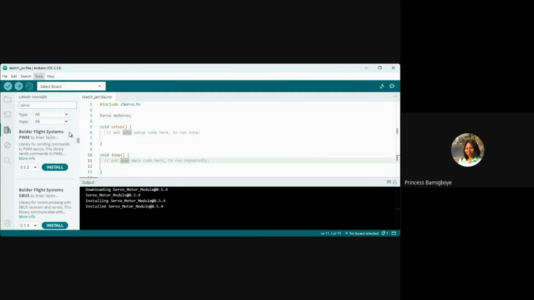Firmware updater. Firmware is like the operating system. Then upload here. Then select the board manager. We have here the different types of Arduino boards. I don't know if you can see them, but we can see the different types of Arduino boards under board manager. We have Yun, Uno, Mini, Nano, Micro, Mega, all of that.